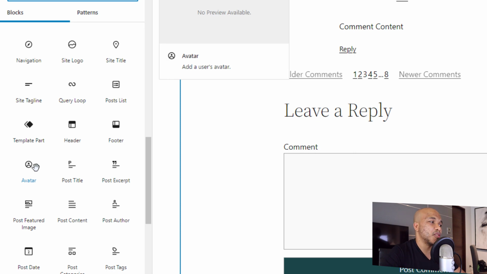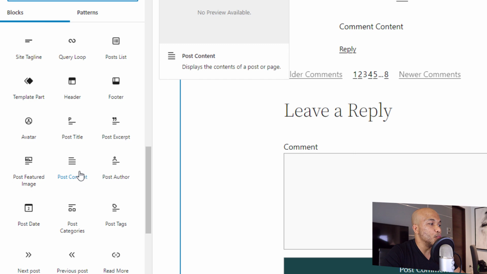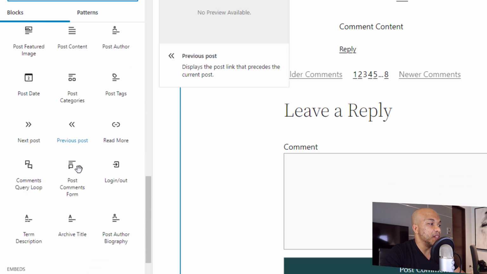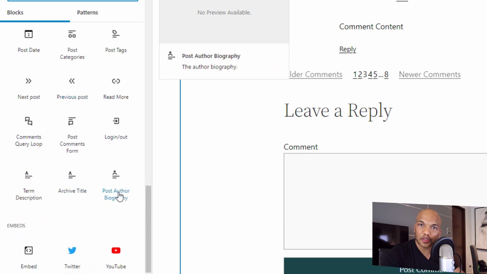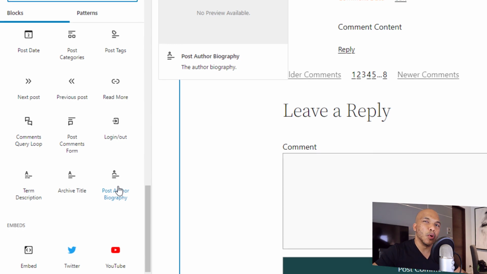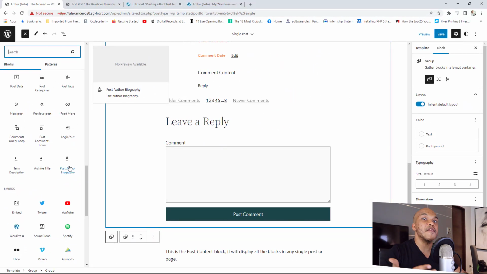I never actually use that function, but you also have access to a very interesting new block as well, which is going to be the post author biography. It's the one right here. It's basically the last block under the theme section, and this is actually very nice, because there are many bloggers who like to add a short description of their biography at the end of each post, just to create some kind of connection between them and the person reading the post. So you now have this block available